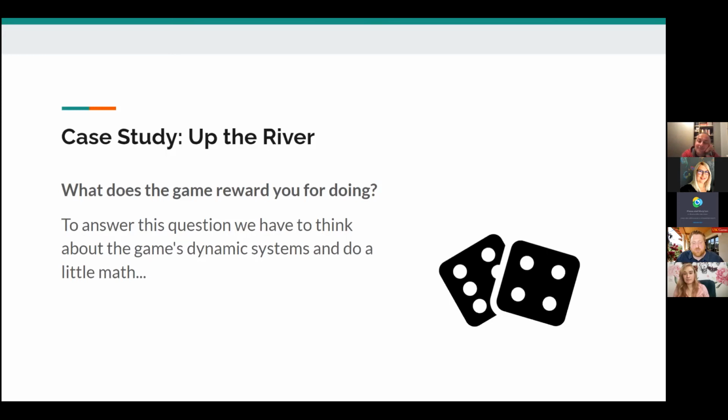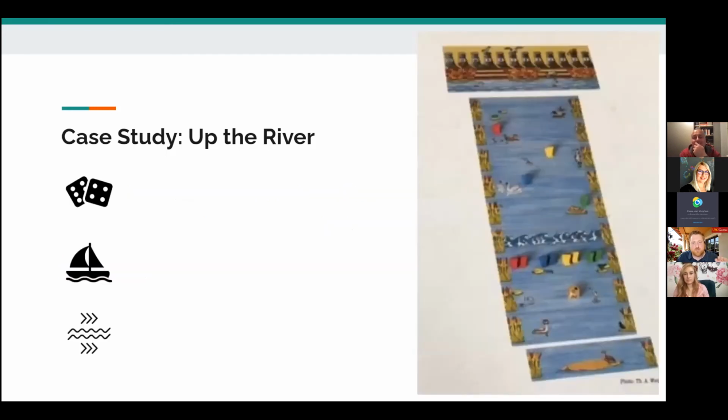But we can say that, over a lot of rolls, playing a lot of turns of a game, and especially playing multiple games, sometimes you're going to roll a 1, sometimes you're going to roll a 5, but on average, you're going to roll a 3. You're going to roll something close to a 3 most of the time. So our expected value for your die is 3 tiles. You're going to move your boat forward 3 tiles every round. Not every round, but that's sort of how we can think about it.